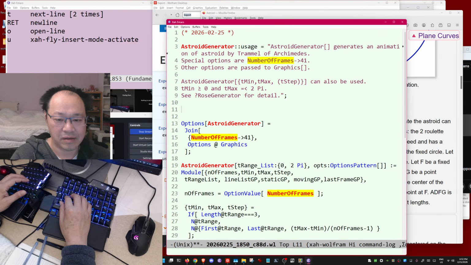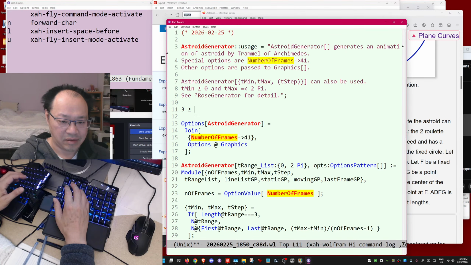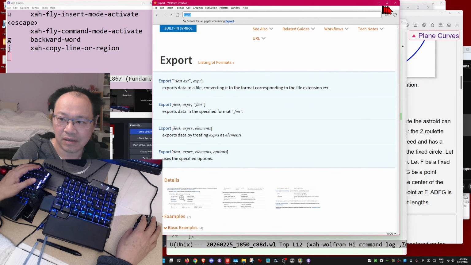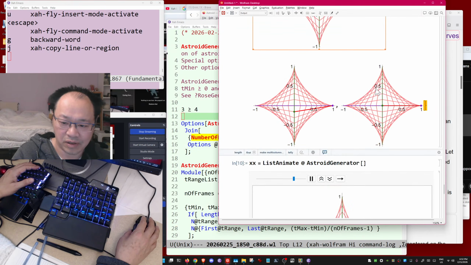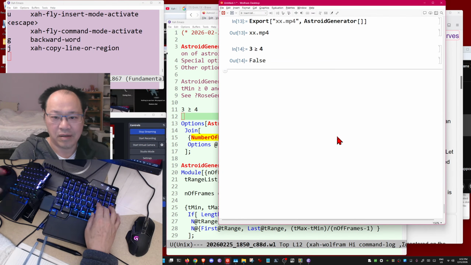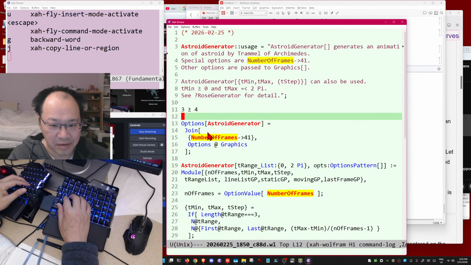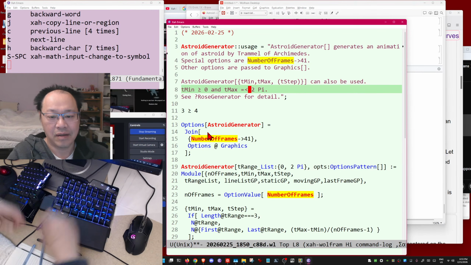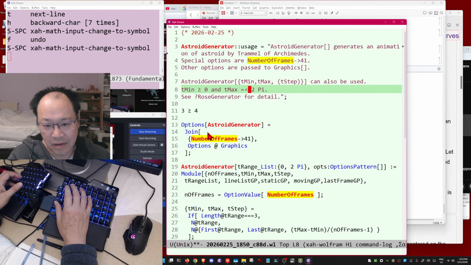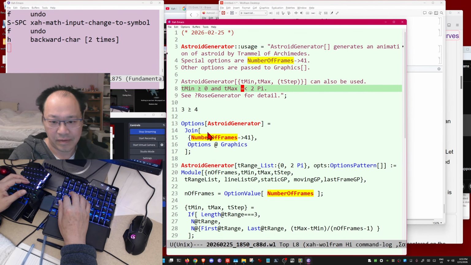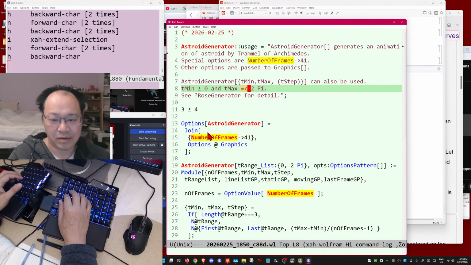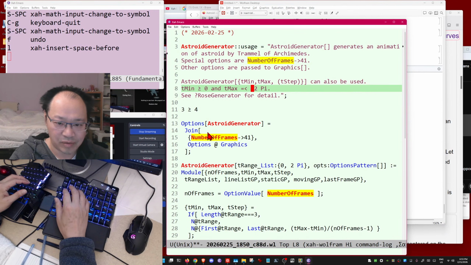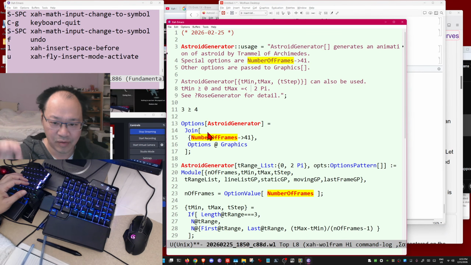I wonder whether Wolfram can interpret this expression using Unicode. Let's try. Oh, Wolfram can. So let's do that. Wait, that's not what we want. Oh God. Actually, wait. I want this to become the less than or equal to symbol